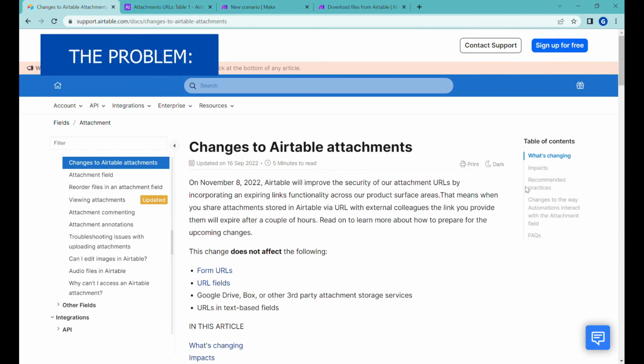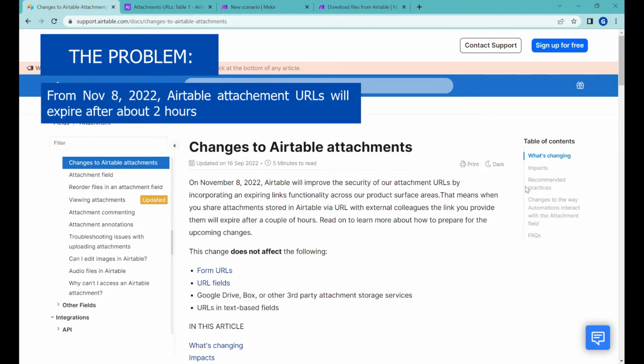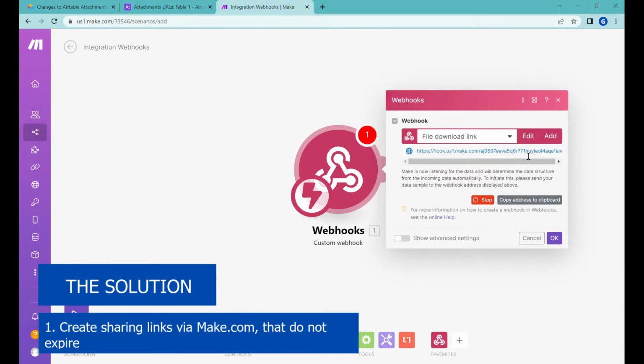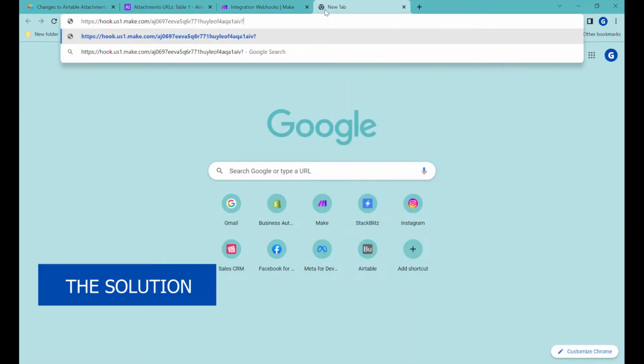On November 8, due to a security update from Airtable, the attachment sharing links will start to expire within 2 hours from the moment you retrieve them. In this video, I will show you how to create sharing links that do not expire, how to use the